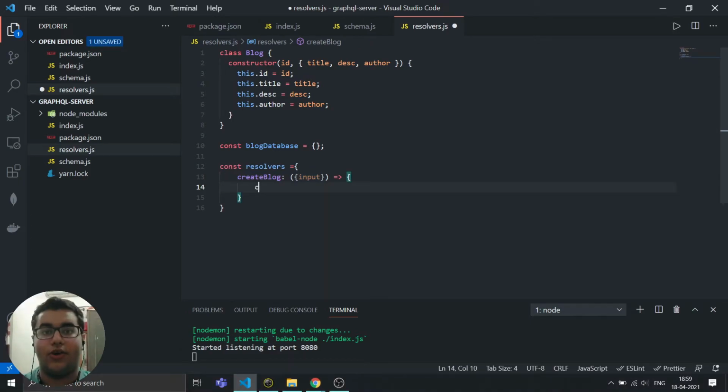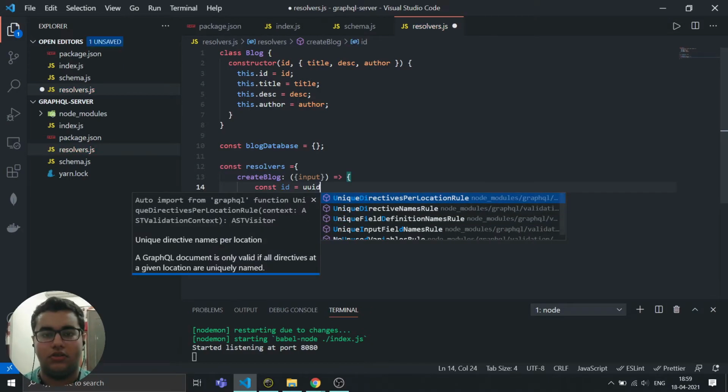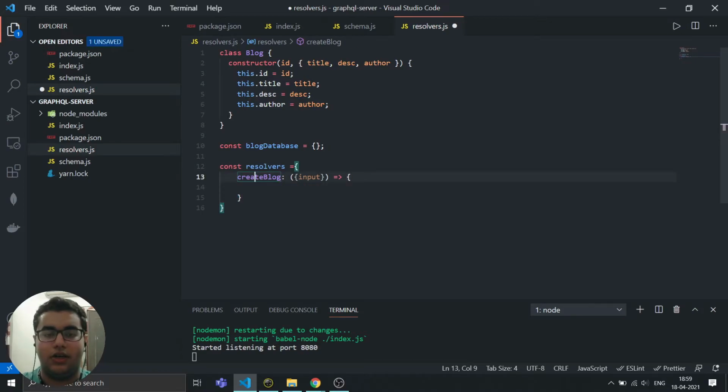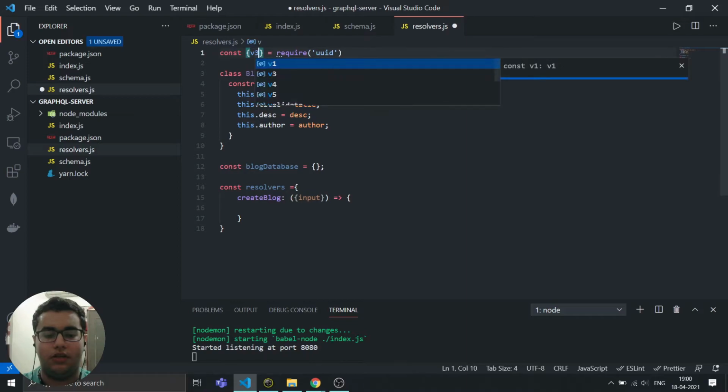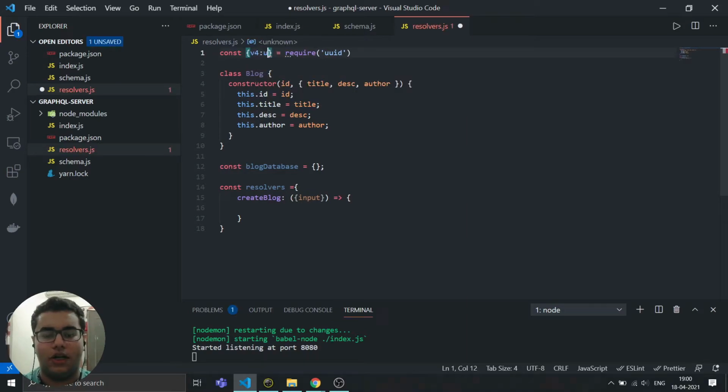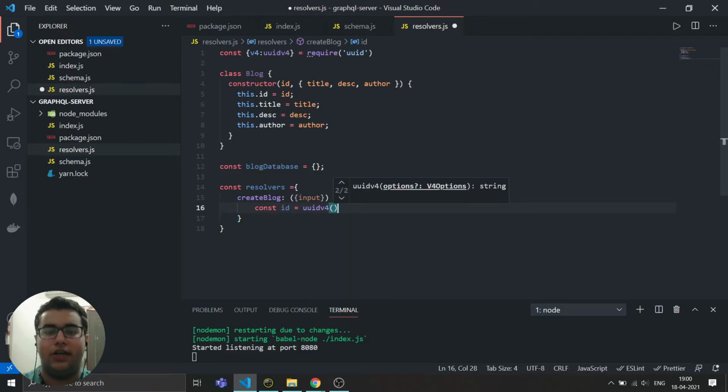First we are going to create an ID using UUID version. So let's first import the UUID. So const, something we will be requiring from uuid, and we will be importing version 4 from here as uuidv4, and then we will be creating an ID by calling the uuidv4 function.